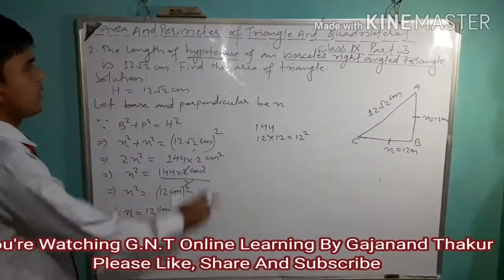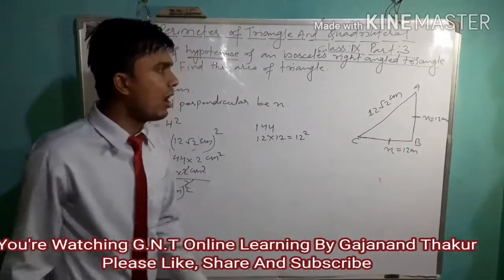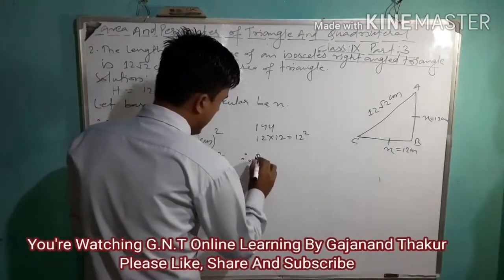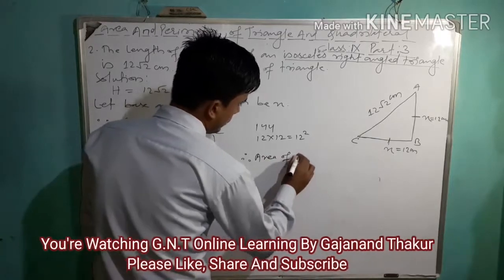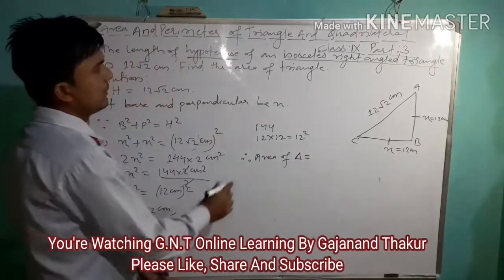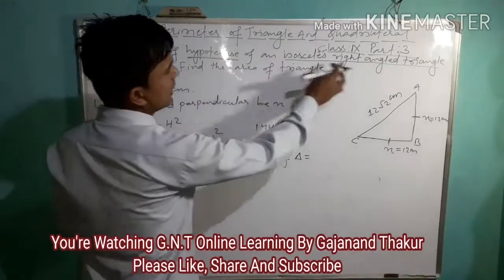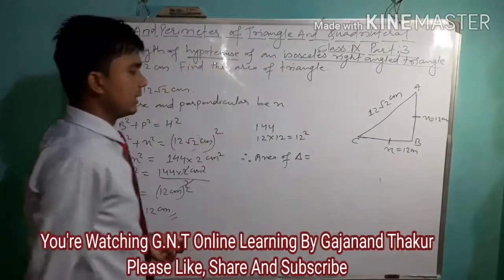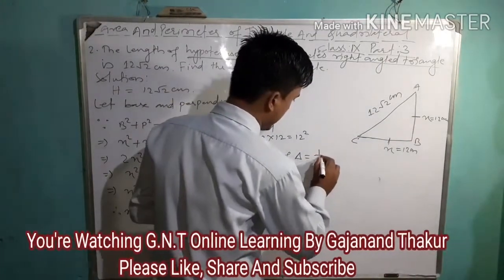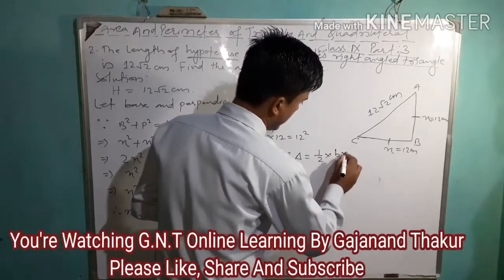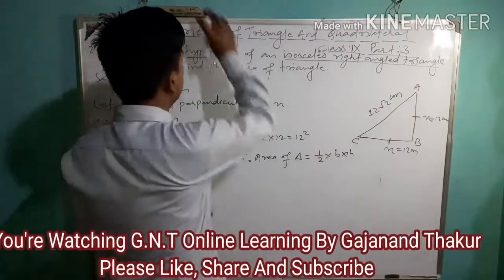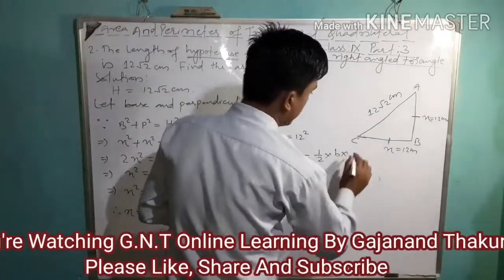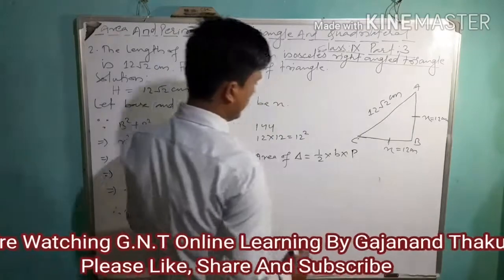Now what we are asked to find is the area of the triangle. So the area of the isosceles right angle triangle. Which triangle are we talking about? We are talking about an isosceles right angle triangle, which is a right angle triangle. The formula for the area of a right angle triangle is half into base into height. In place of height let's write perpendicular, because by h we may get confused that it may be the hypotenuse.